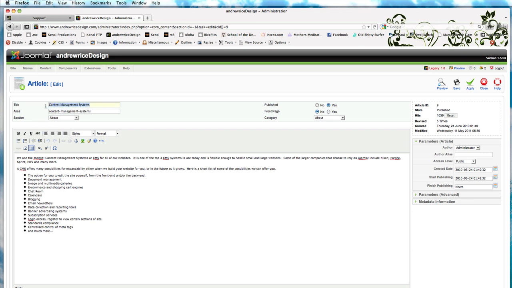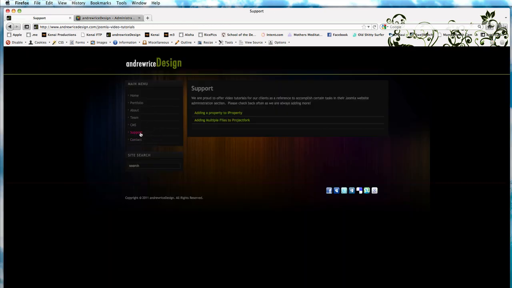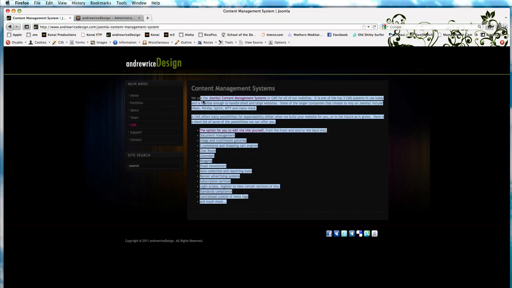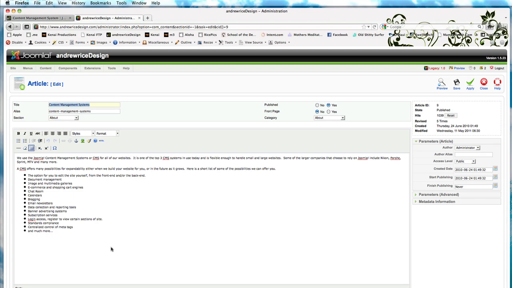This is the title of your article, and if we go to the front end of my site here and we click on CMS, you'll see the title right here. Here's the rest of the copy, and on the back end it looks like this. So this works kind of like a WYSIWYG editor. What you see is what you get. That's what WYSIWYG stands for. And you can type something in here,